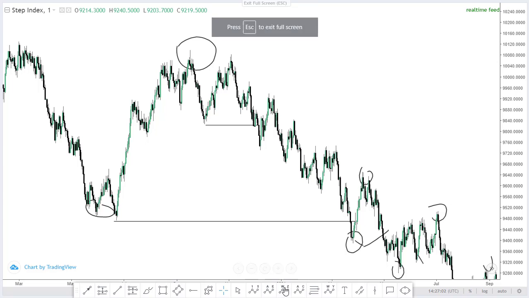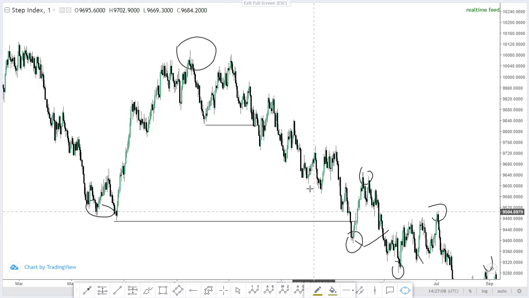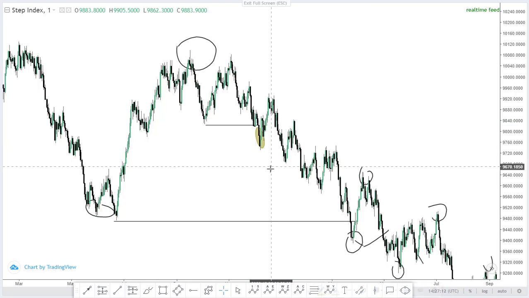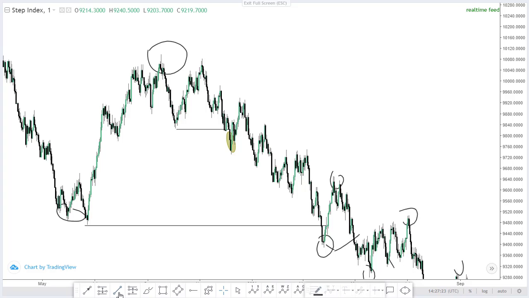This is a range structure. This is a range structure. This is a range structure. Then we need to create a pullback into the zone to seek something we may talk about in the future. Then we have a break of structure on this level